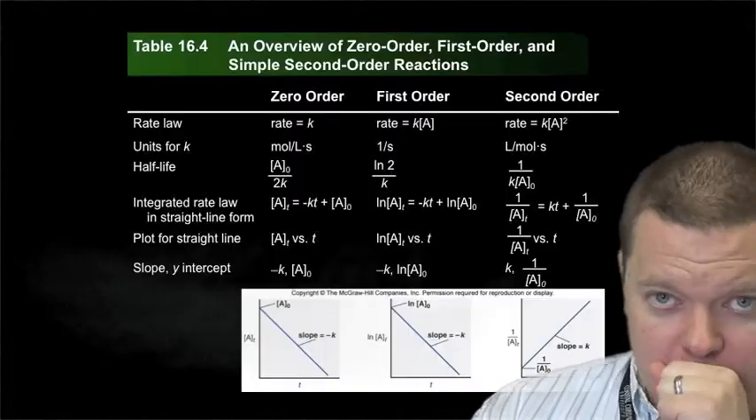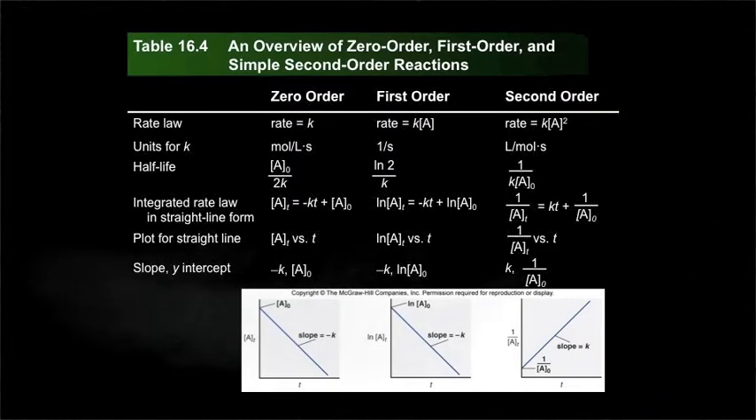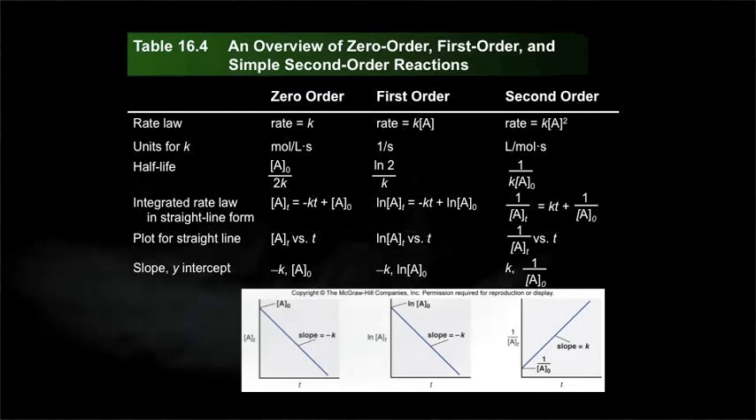So if we look here, this is the summary slide where we're talking zero order, first order, second order. The rate law for a zero order is going to be the rate is equal to the rate constant k times the concentration raised to the 0, which is 1, which is why I'm not showing one there. We talked about the units before. The half-life, you see, is going to depend on the amount we have initially for this zero order reaction. It will form a straight line if we graph the concentration versus time with a slope of